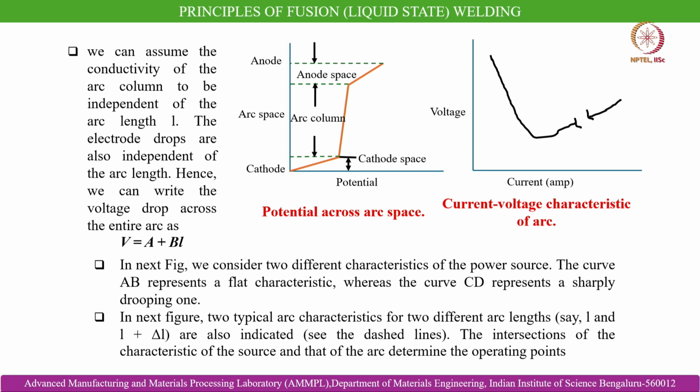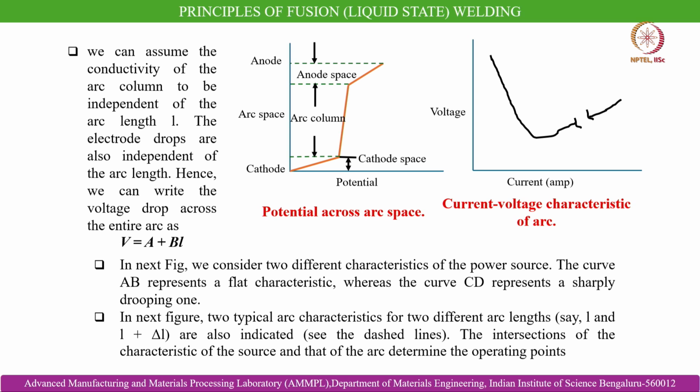Okay. Then to move on, we can assume the conductivity of the arc column to be independent of the arc length L, which can be clarified from this graph shown above here. This is showing the potential across the arc space. Here you can see that this is the arc column in between the anode space and the cathode space. On the x axis is the potential, that is the voltage applied, and on the y axis the arc space is shown. The electrode drops here are also independent of the arc length,